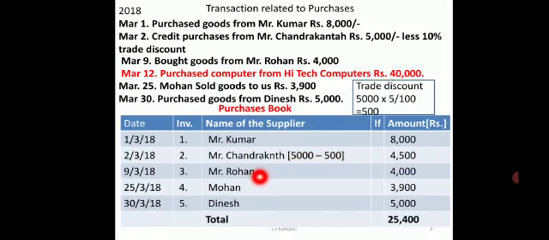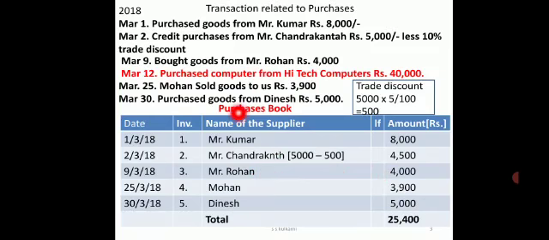Now on 9th you are having Mr. Rohan, bought goods from Mr. Rohan. So from Mr. Rohan we are going to write he is the supplier. On 9/3/2018 you are writing Mr. Rohan, and then 4,000 is to be taken. Next on 25th